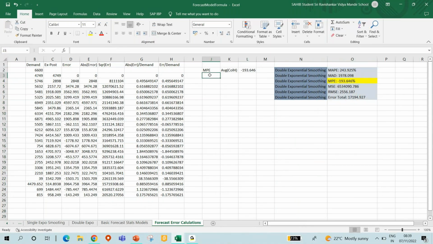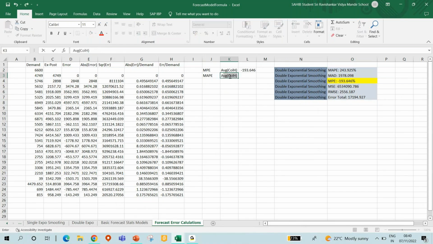Now the second portion is, because we have told the system to calculate others also, but take this as a measurement, whichever is the lowest, right? So how this MAPE is calculated, this is also a very famous one. MAPE, if you want to calculate, then you can just say the average of G, the absolute one. So MAPE is this one, 243 point. So average of G, let us say